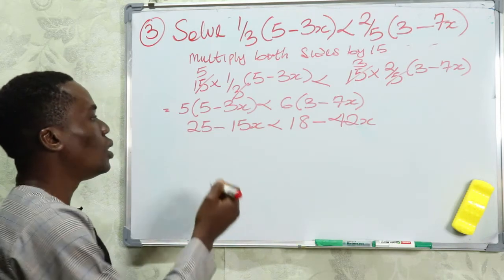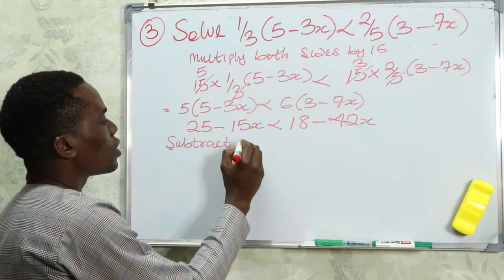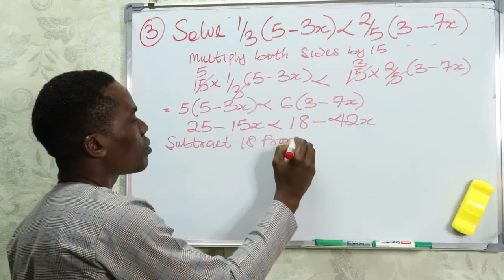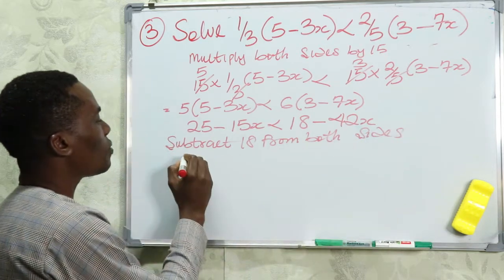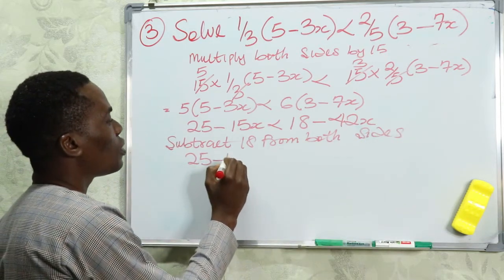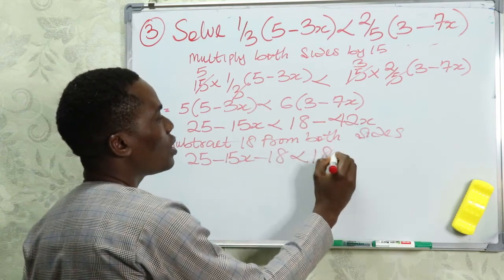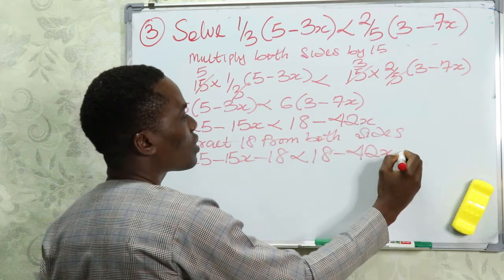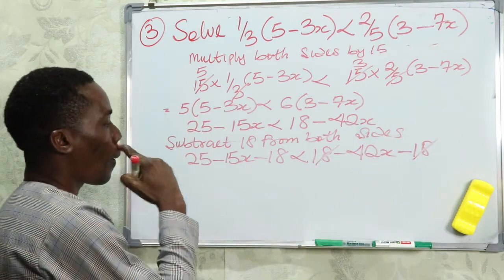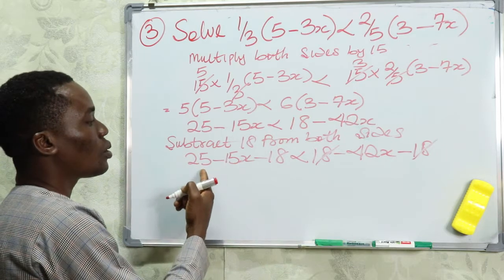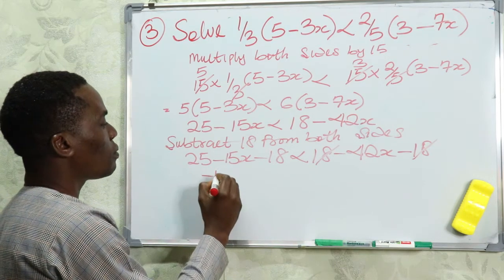So the first thing we'll do is to subtract 18 from both sides. Now if we subtract 18 from both sides, what we'll have is 25 minus 15x minus 18 is less than 18 minus 42x minus 18. So 18 will cancel 18 here. Now 25 minus 18 here will give us 7, right? Good. So this will give us minus 15x